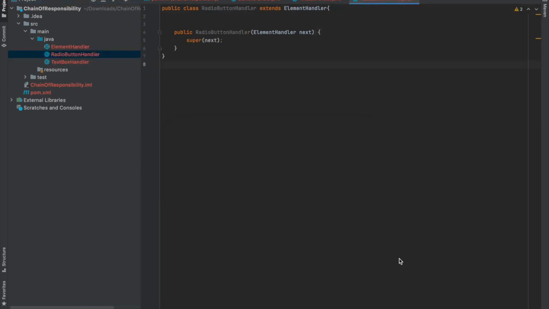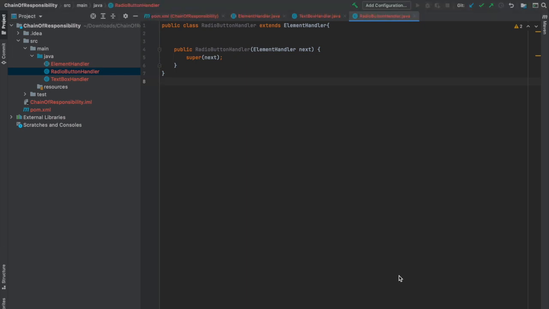Now let's take a look at the website on which we are going to try this project. I have hosted a local web page inside a Docker container using Nginx. If you are interested in knowing how to do that, let me know in the comment section.